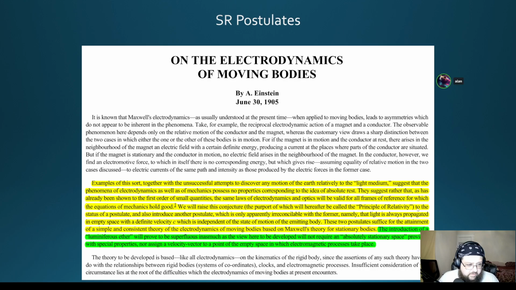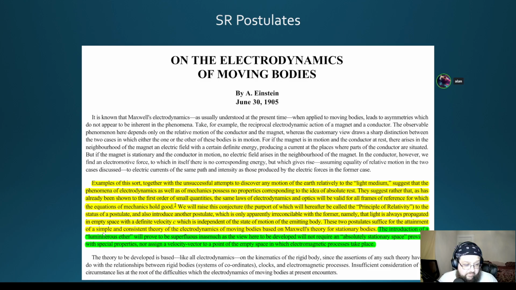To the status of a postulate, and to introduce another postulate, which is only apparently irreconcilable with the former, namely that light is always propagated in empty space with a definite velocity c, which is independent of the state of motion of the emitting body. These two postulates suffice